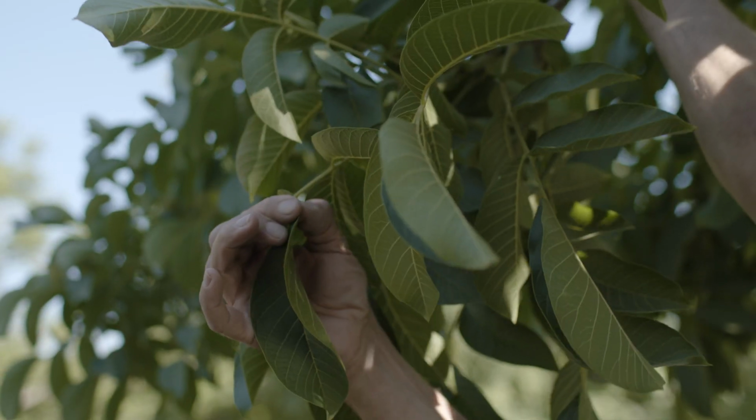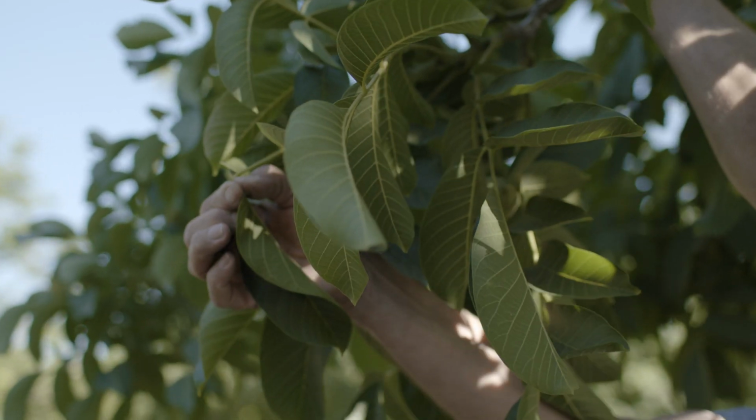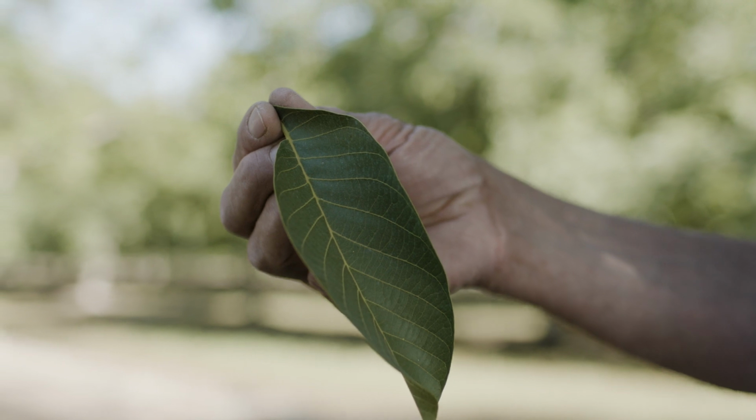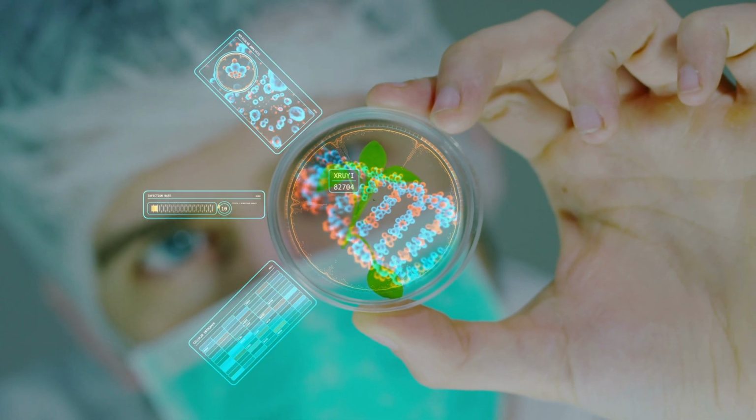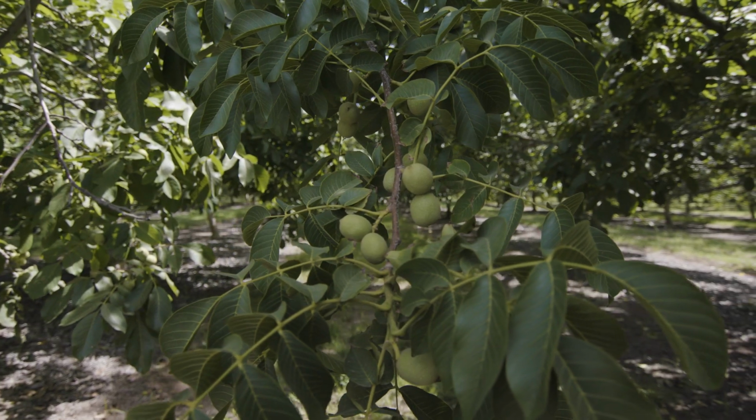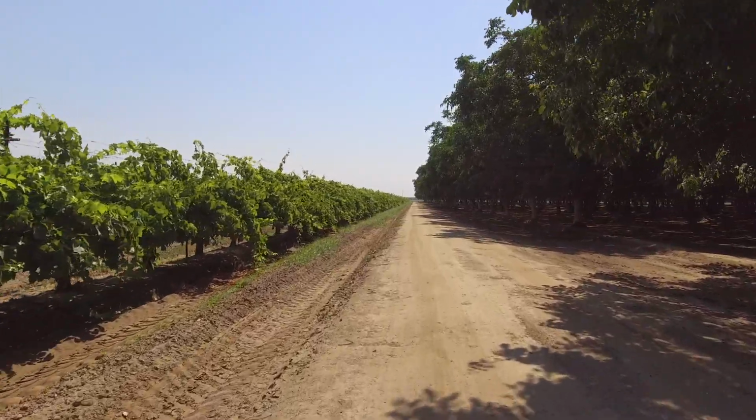One of the best tools to guide your decisions about the right amount and the right time is through leaf analysis. Leaf sampling results can provide valuable information for a rational, plant-based fertilization program. Walnut growers have been using leaf nutrient analysis for more than 20 years to check tree nitrogen status, typically pulling leaf samples in July. For most varieties, that's usually too late to make any substantial adjustments in nitrogen applications before